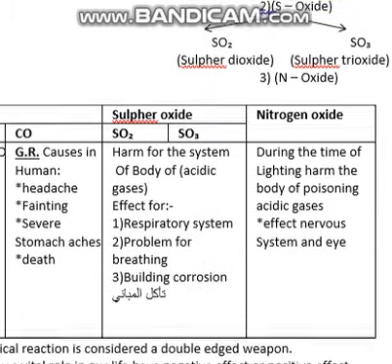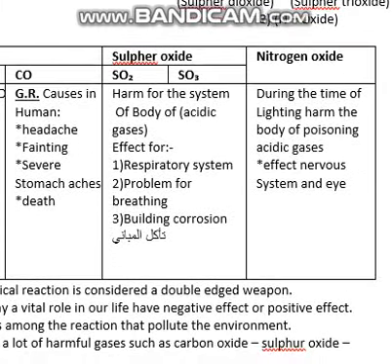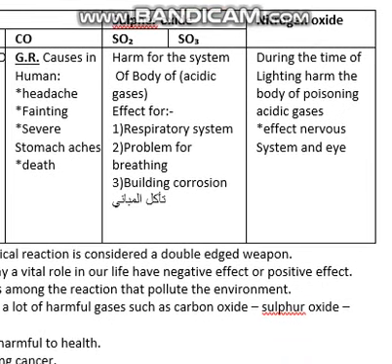The carbon oxide is produced in two types, carbon dioxide and carbon monoxide. Carbon dioxide increases in percentage, which leads to an increase in temperature and causes the greenhouse effect or global warming. When you permit